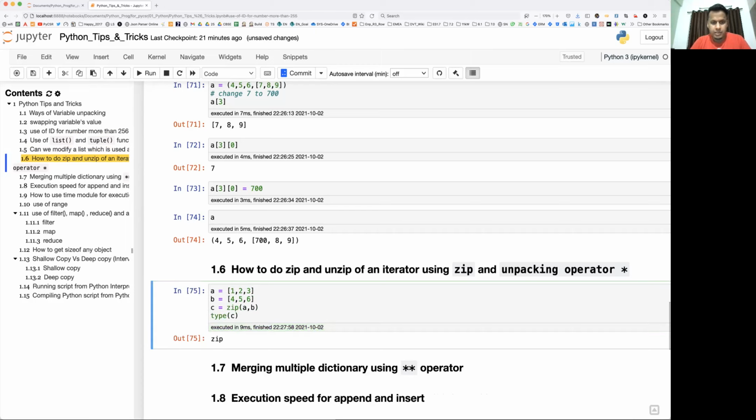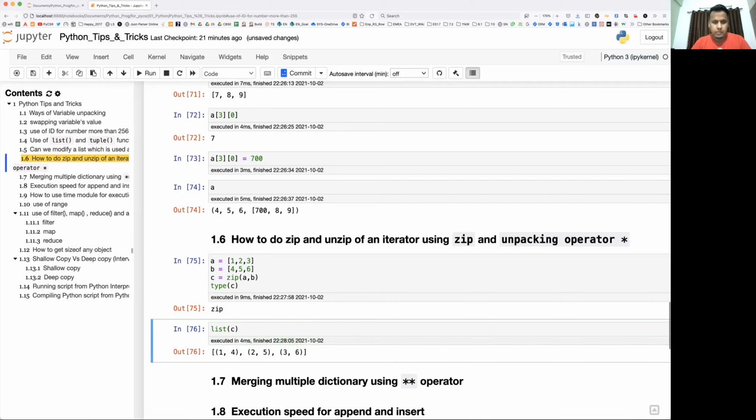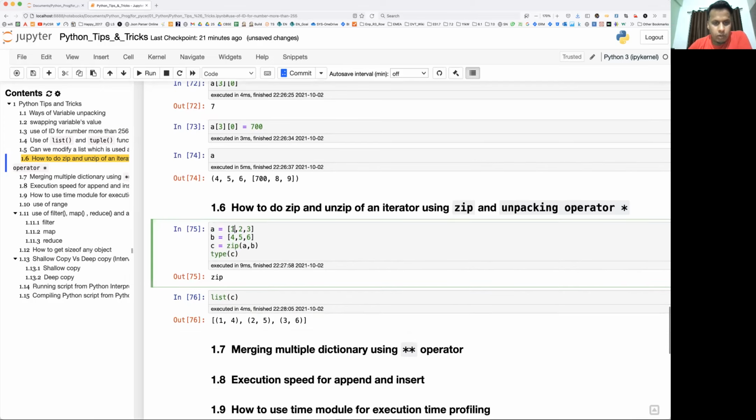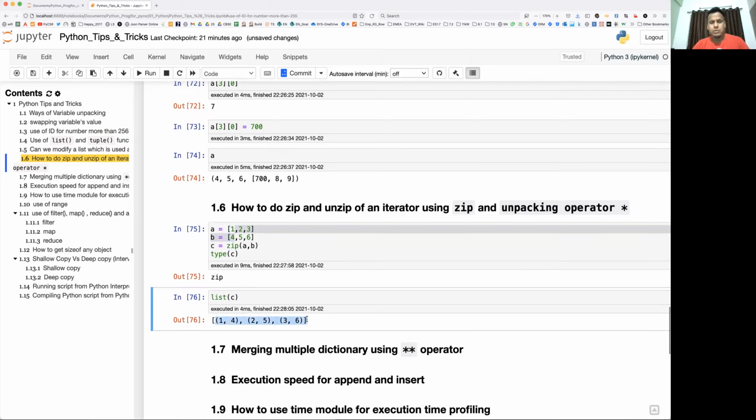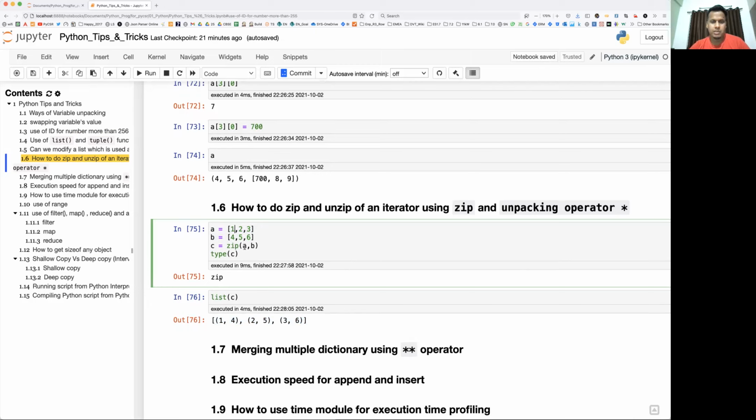So I can use this function and just unpack. What do you see here? 1 is combined with 4, 2 is combined with 5, and 3 is combined with 6. That's how you do it. This is used whenever you have two iterables and you want the first element of the first iterable to be multiplied by the first element of the second iterable. So one-to-one mapping, and then multiplication or summation or subtraction or whatever operation you are going to perform. Zip will be the best function.